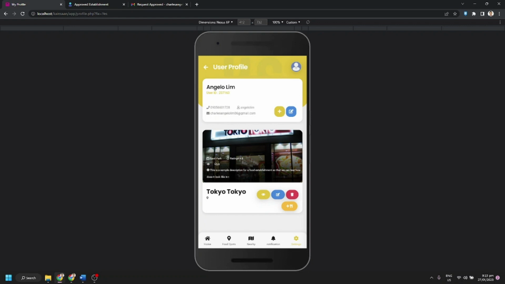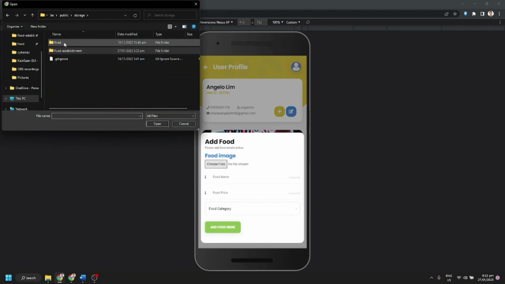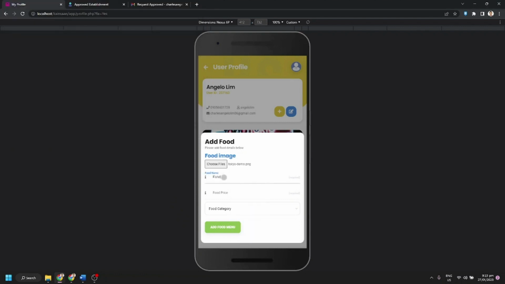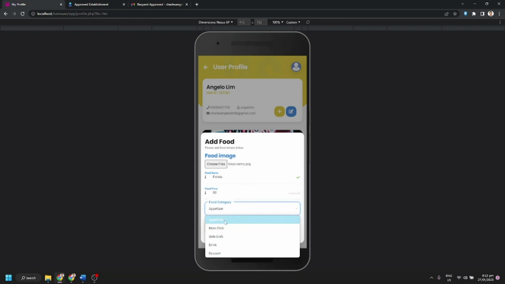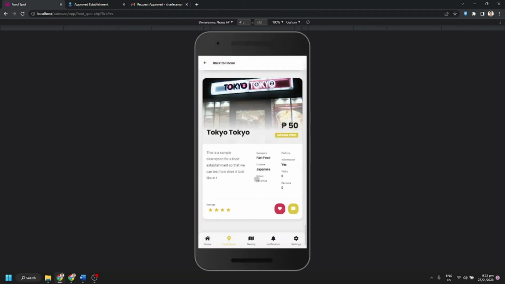Now we successfully added a food establishment. Let's now add a food by clicking on this plus utensils button. So let's add a food. Main dish. We get a prompt message that the food was successfully added to the menu. So let's check on the Tokyo Tokyo